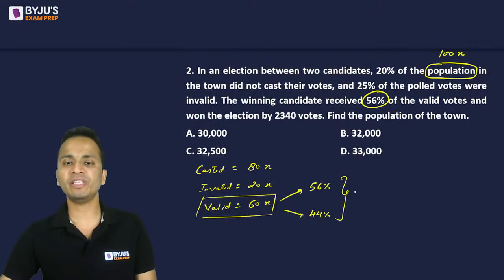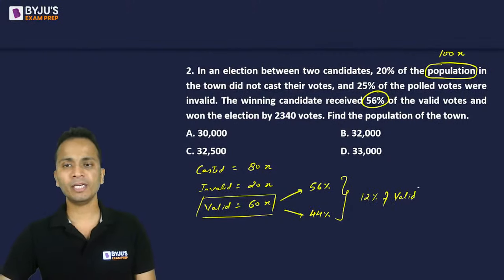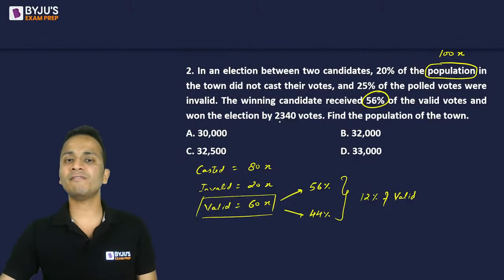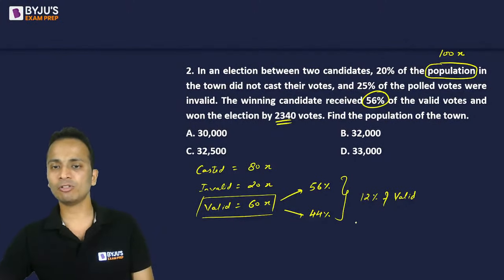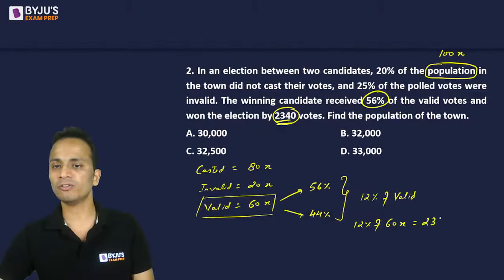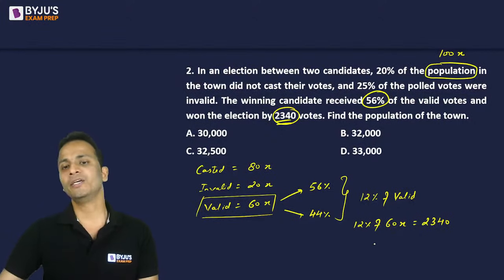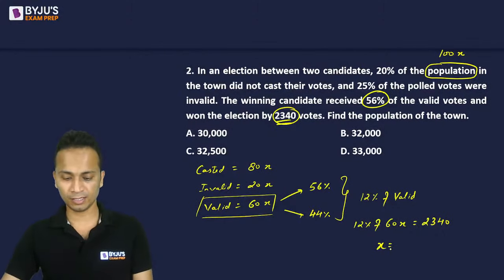What is the difference between them? The difference between them is 12% of the valid votes. Now, the difference between them is the winning margin of the winning candidate. So I can now say that 12% of 60x will be equal to 2340. From here you can get the value of x. After calculating the value of x,